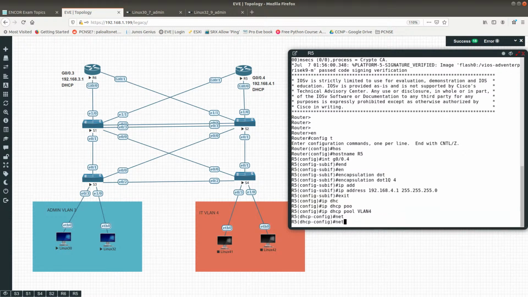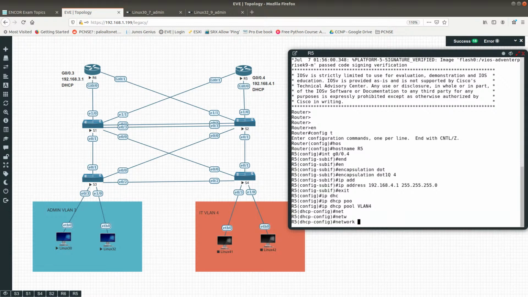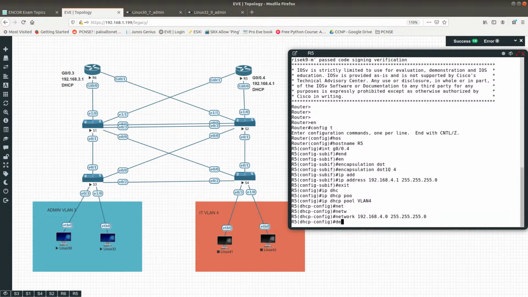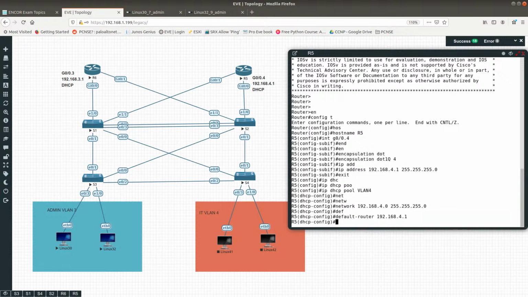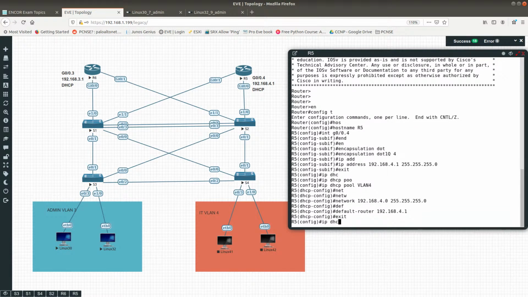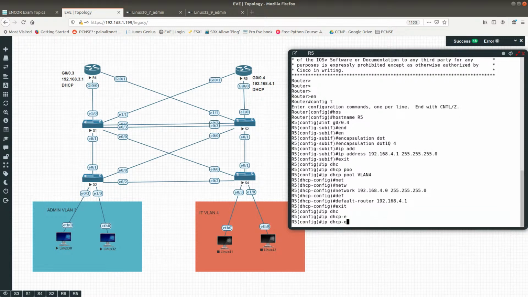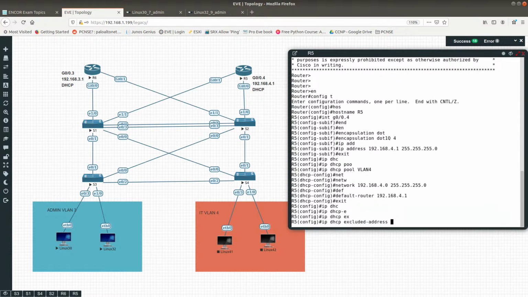And then it's network. Ooh, look, I remember the command. Network 192.168.4.0. Default router 192.168.4.1. That should be good. Now we're going to do ip dhcp excluded, isn't it? Okay, excluded address